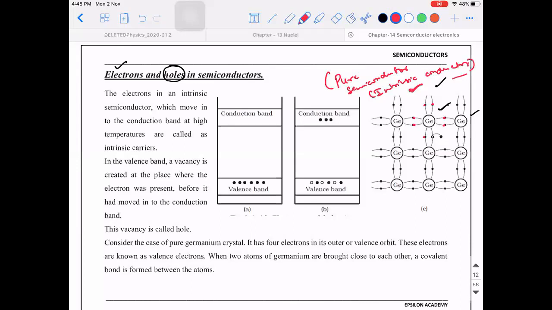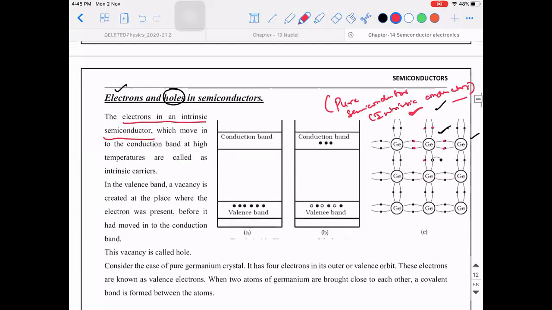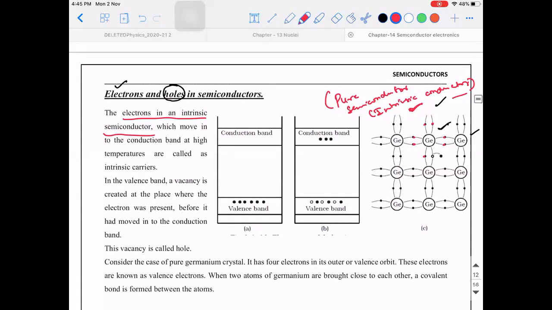There is nothing to explain in this. Intrinsic means pure form. If you take germanium, say you're trying to get that material from somewhere, and you buy it in the purest form, that's called an intrinsic semiconductor. So that's what is given here. In an intrinsic semiconductor, in the purest form, the electrons are bound together, and when this germanium is subjected to high temperature,